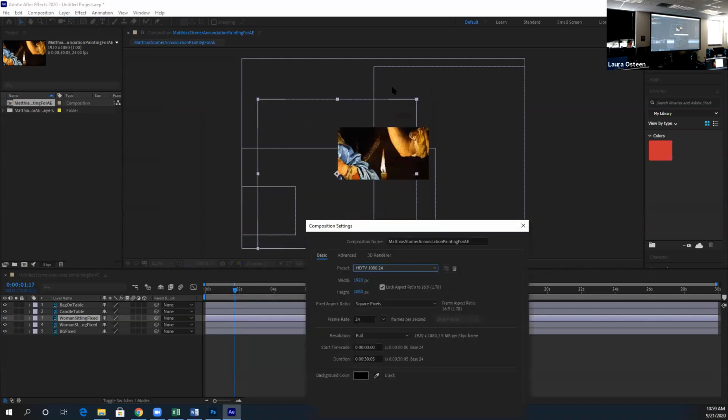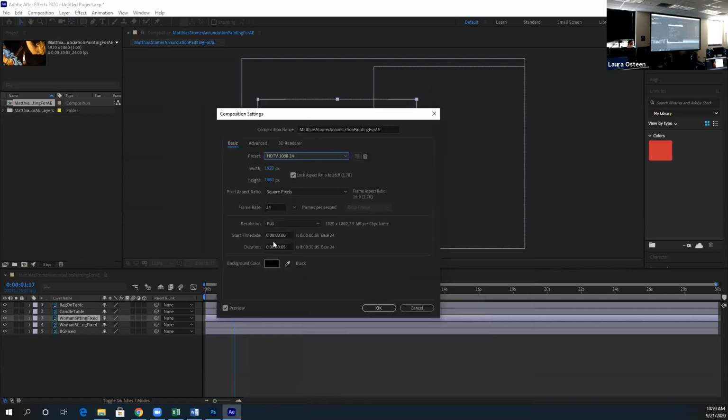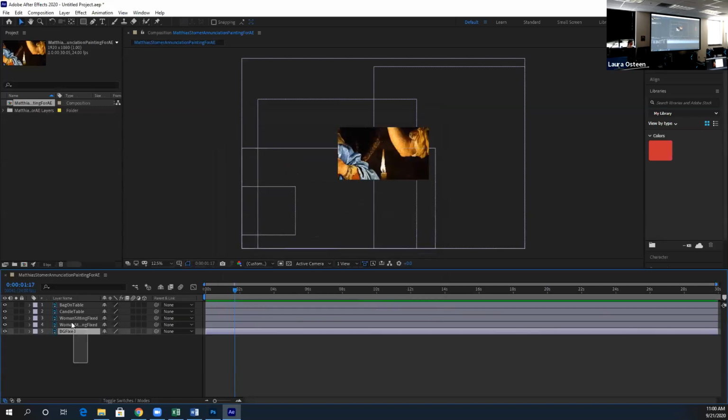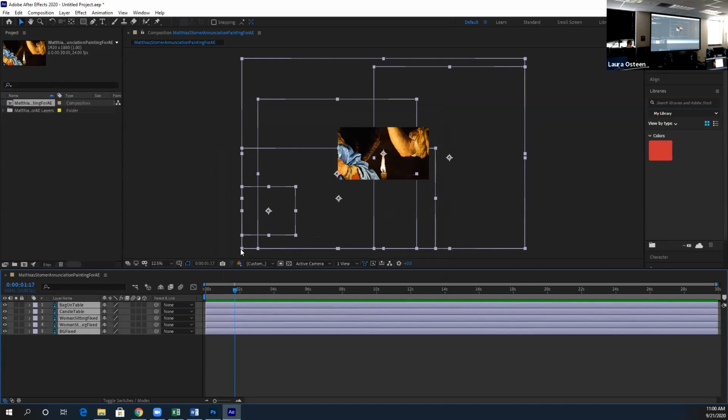So again, it'll get nice and small. So my frame rate is 24 frames a second. I've got that nice aspect ratio here. And I'm just going to click OK. And then I'm just going to highlight all of these, click on a corner,